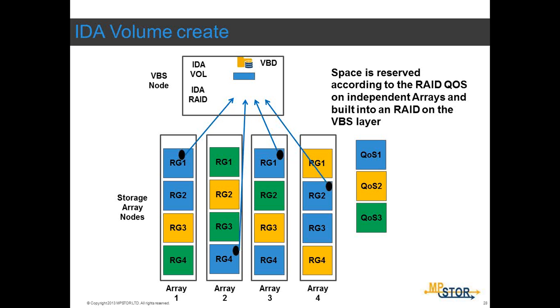And instead of using multiple copies in a block storage, you're just going to stripe your data across multiple arrays and tag onto it enough erasure coded parity information so that you can recover your data if any storage array dies. Also, you're probably going to build your volumes across different RAID groups, and those RAID groups can be at different QoSs to give you volumes which will perform depending on what type of media they've been built on. So if we move on to the next slide,